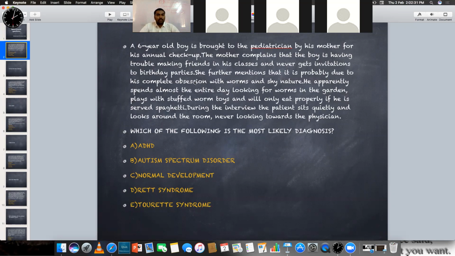So we were talking about autism spectrum disorder, wherein people will have difficulty building social relationships. They keep doing the same thing over and over again, and they don't get bored with the same thing. So this is an example of autism spectrum disorder. And another clue is he's sitting quietly and looks around the room. He doesn't make eye contact with these people, socially withdrawn. Okay. The autism spectrum disorder doesn't always mean